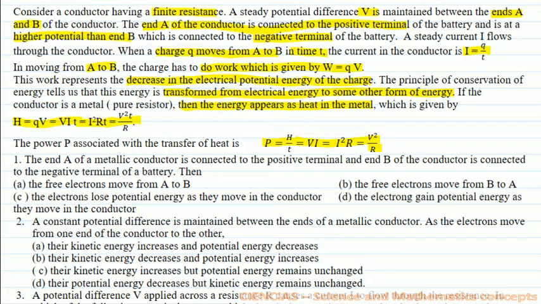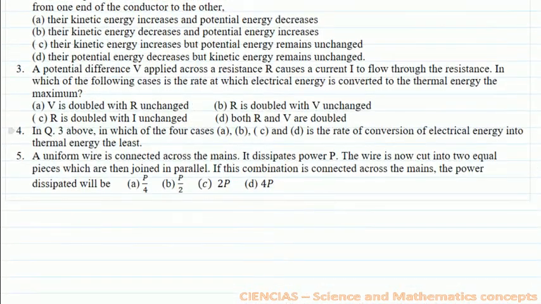So now for the part 1 of the question, we can say the electron always moves from negative terminal to positive terminal, and the negative terminal is B and positive terminal is A. So option B will be the correct. And when electron is moving, here we solve this question. So for question number 1,